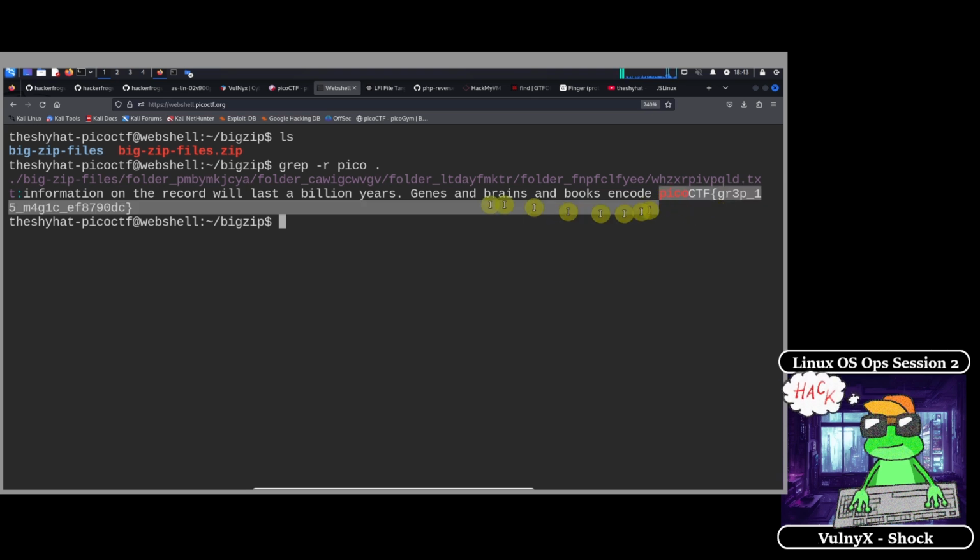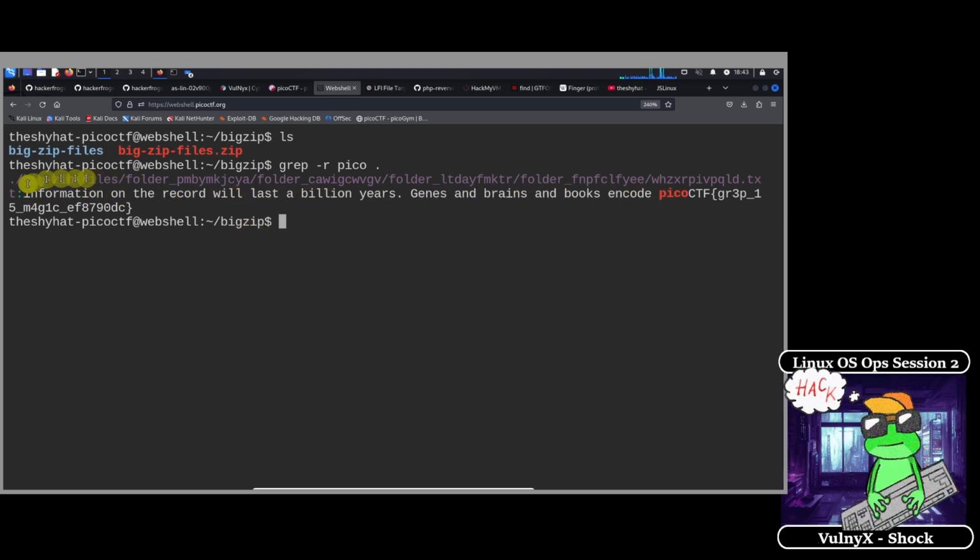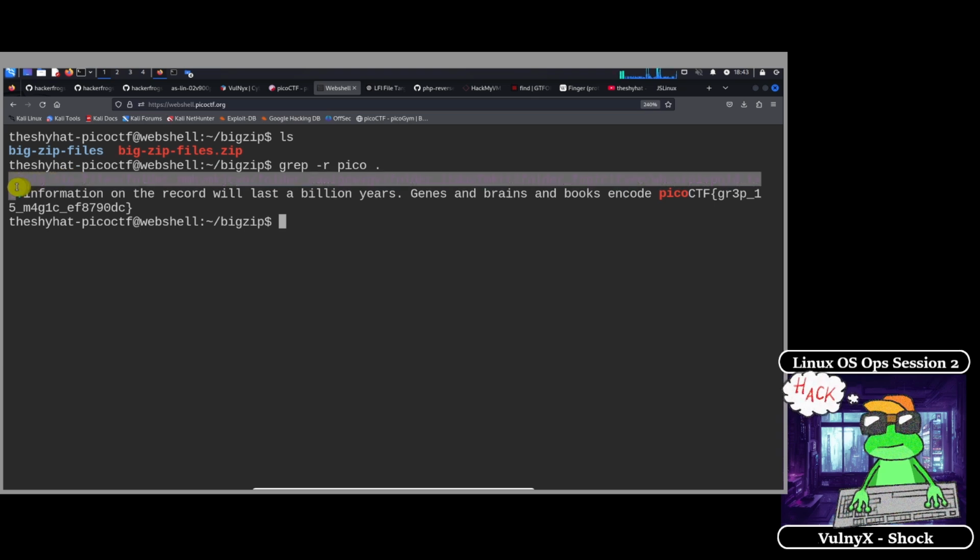So the flag is this. It is on the same line as this other information over here: information on the record will last a billion years, something, something, something, and then the flag. So we can also read this file by itself. We can copy the file path, just highlight it, select copy,